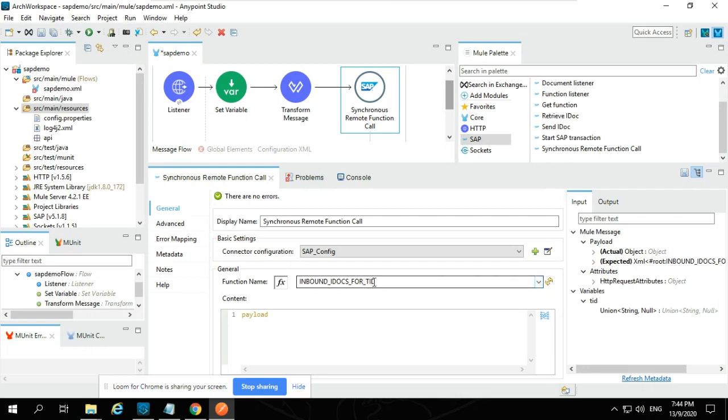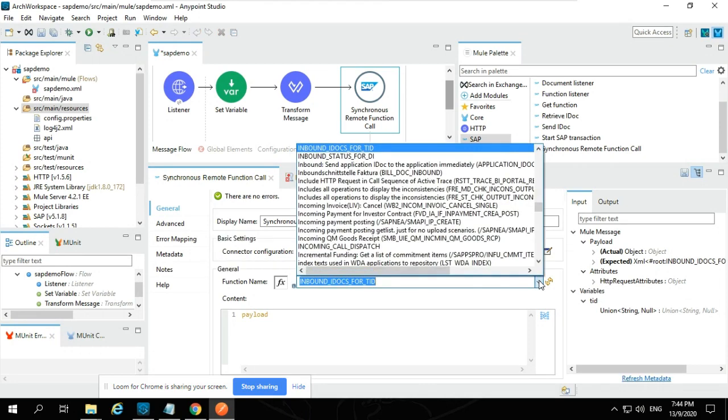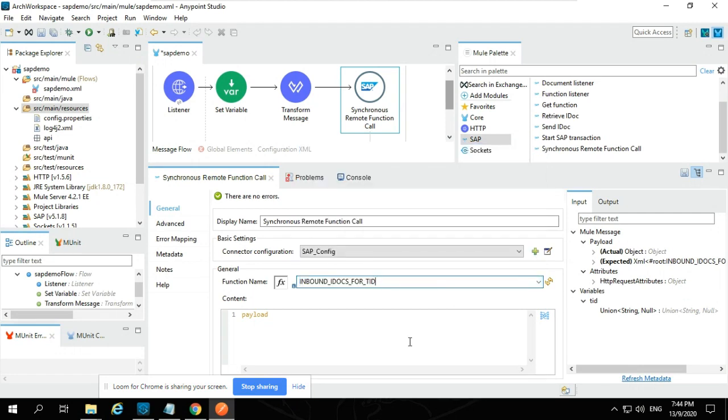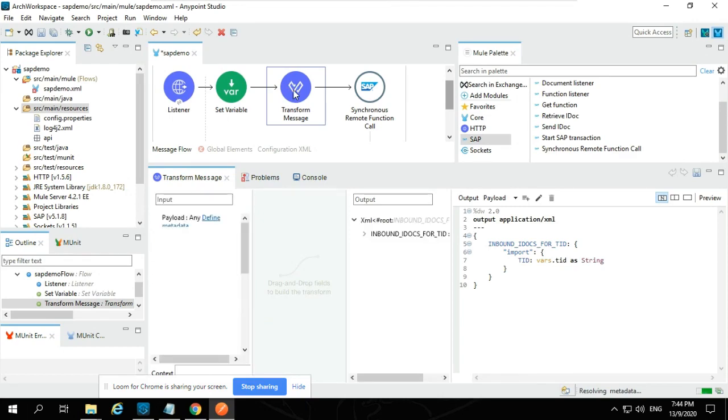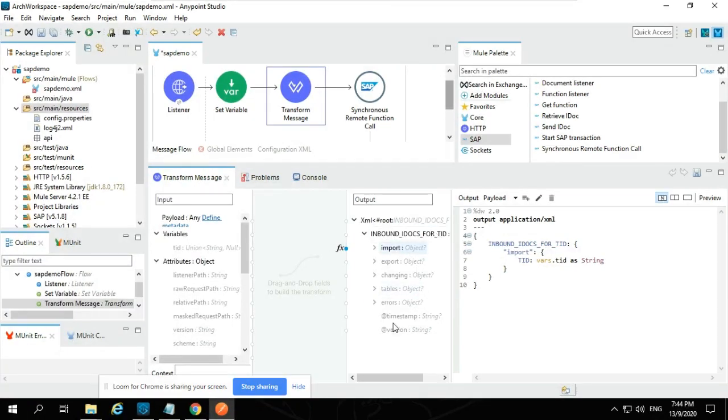Here we use inbound IDOC for RFC, but when you browse it, there are a lot of things available. Whatever RFC module is available in SAP, you can use everything. The only thing is you have to put a transform message before it, and whatever input is required for the BAPI, you have to map it so that the mapped value goes to SAP.